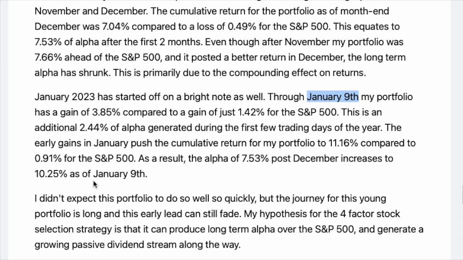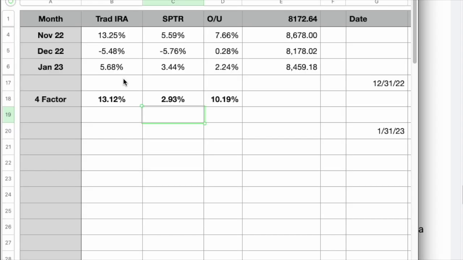to 10.25%. My article was published 2 days ago, and over the past 2 days, the return for my portfolio has jumped from 3.85% to 5.68%. Now the S&P 500 has gone up as well to 3.44%, and the portfolio has lost a little bit of alpha, falling from 2.44% to just 2.24%. On a cumulative basis, the alpha has shrunk from 10.25% to 10.19%, which is still a very healthy lead for